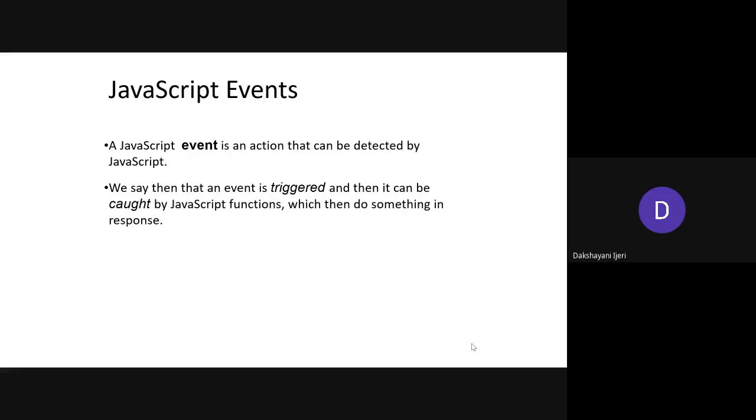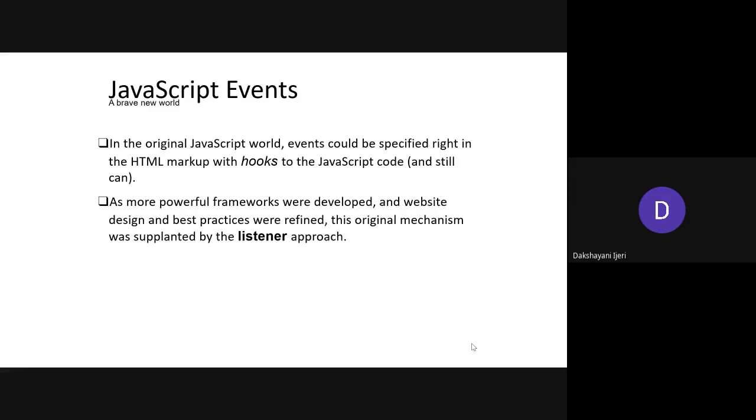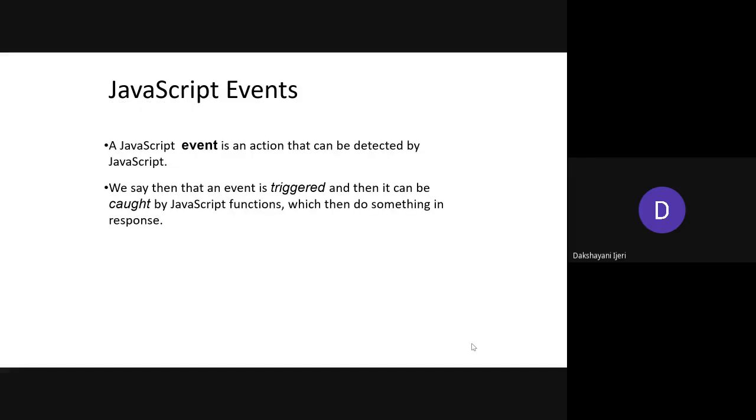It is nothing but, based upon the user interaction, how best you can handle the changes in the HTML part. There are two kinds of interactions that you can say. When you say it as an event, something needs to be triggered for that event to be executed, right? So there are two kinds of interactions that might happen: one is user interaction and the other is browser interaction itself.